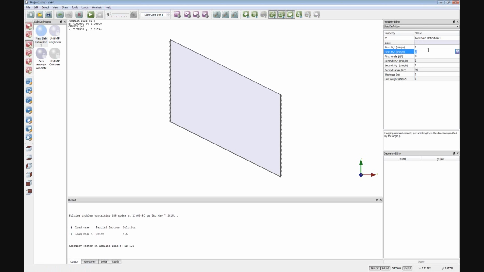For example, here I've got equal hogging and sagging moment of resistance. Very often you would have differences. So for example, if I didn't have much top reinforcement, I would have a lower hogging moment capacity. So I can, for example, set the hogging moment of resistance to be 0.1. So that's 1/10 of the sagging. And if I solve again,